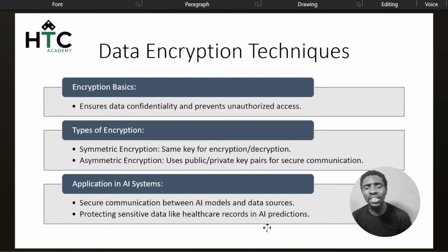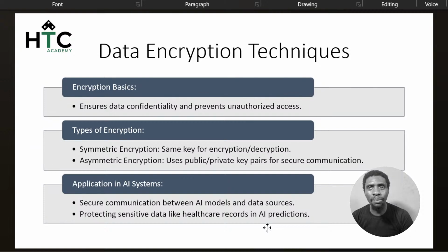So you can give the public key to anybody that wants to send you a message. You generate a public key, you give it to anybody that wants to send you particular data. Once the person uses your public key to encrypt that data and sends it to you, because your public key understands your private key,